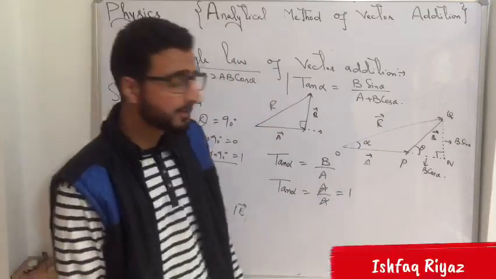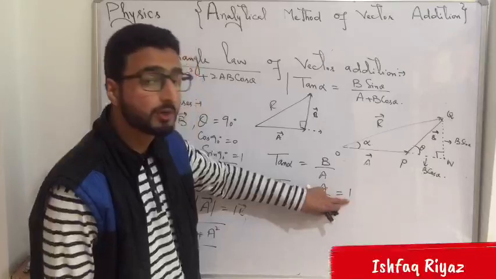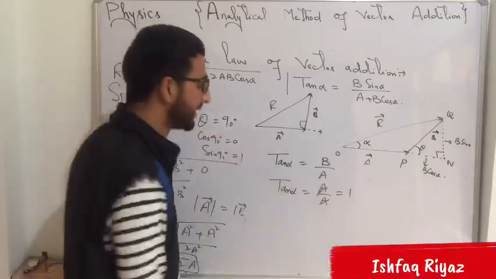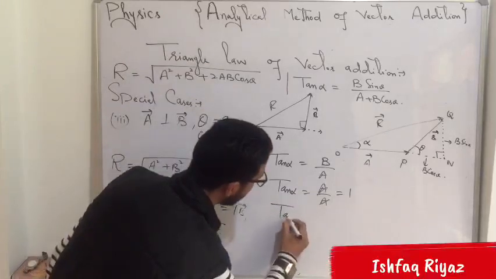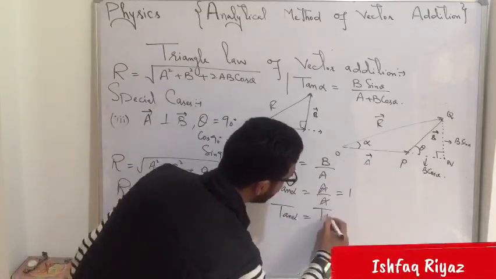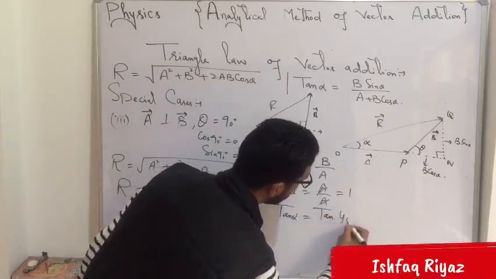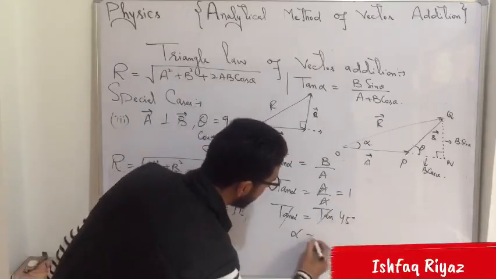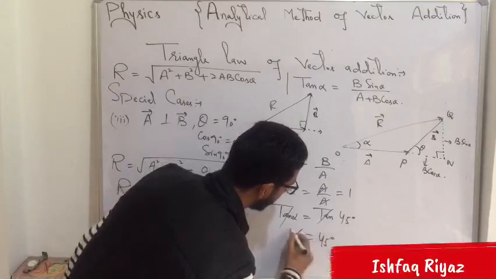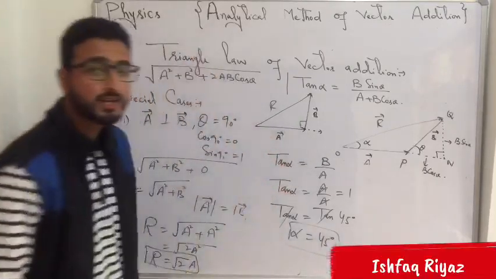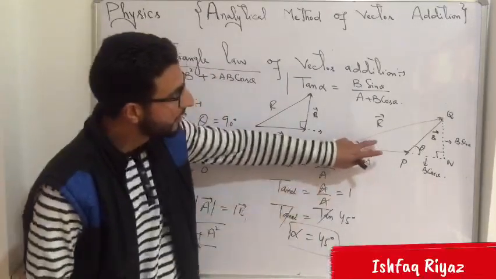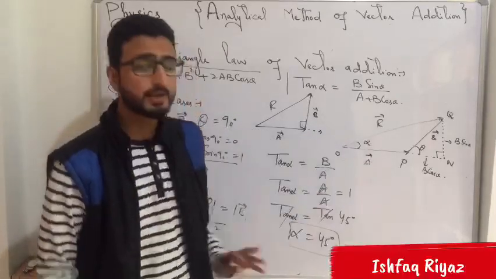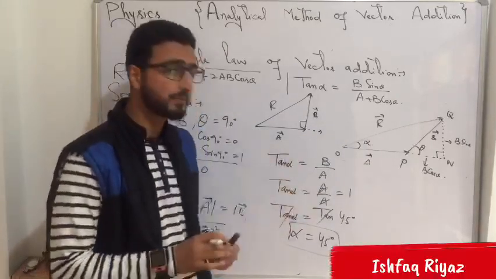From the trigonometric table, can you tell me when the value of tan is 1? Exactly at 45 degree. Okay? So tan of alpha is equal to tan of 45 degree, you can write pi by 4. Tan cancels. So alpha is equal to 45 degree. So the direction of the resultant vector will be 45 degree. It will make an angle of 45 degree with the vector A. Right? This was the sub case of the case third.